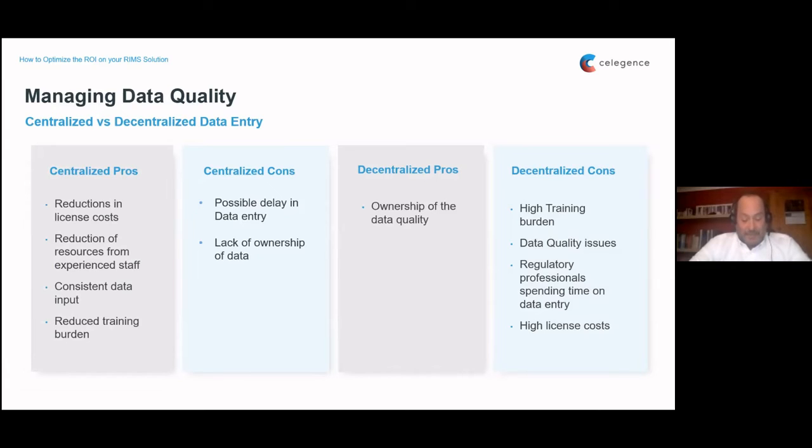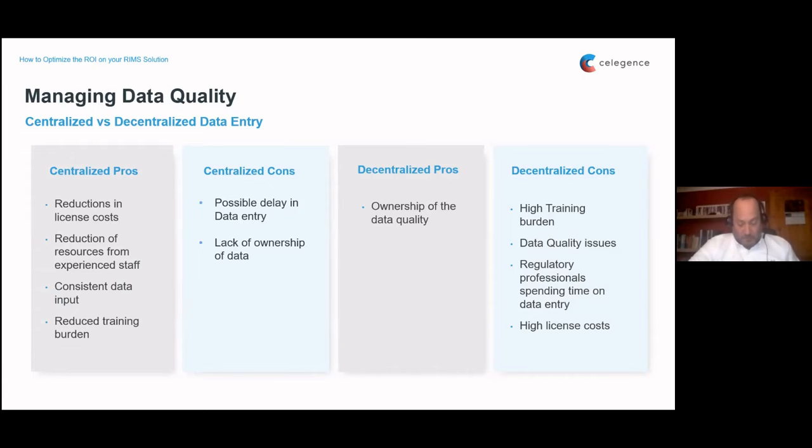The next thing to consider is how you are going to enter the data into the system. I've got experience of both centralized and decentralized data entry. I don't think there's any perfect solution, but I think it's worth going through a couple of the pros and cons. So looking at the pros